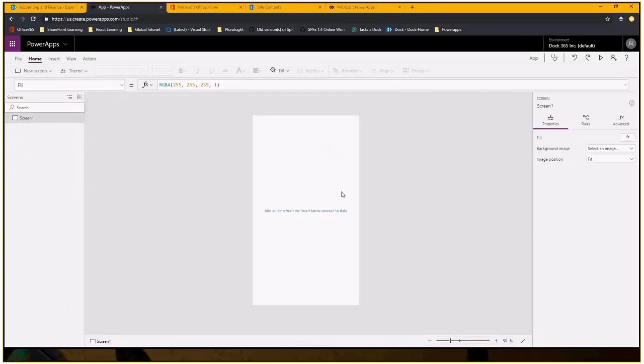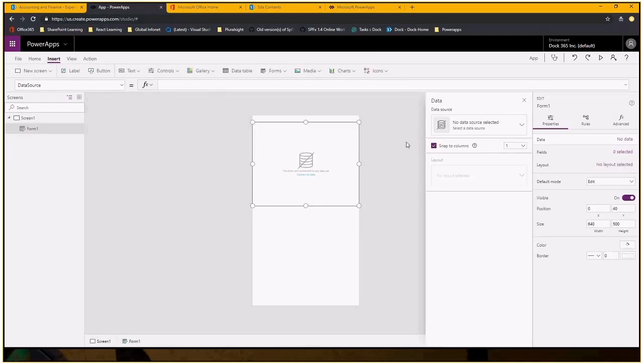Once I have that loaded, you see this blank form right here. Go ahead and insert an edit form. Then we'll want to connect it to our data. This is the easiest way to connect to SharePoint data, is to just add a form and add a new connection and connect it right there. It's actually really simple. So when you click to add a new connection,